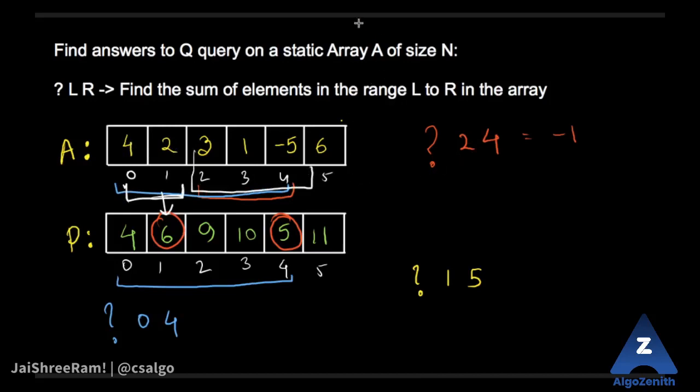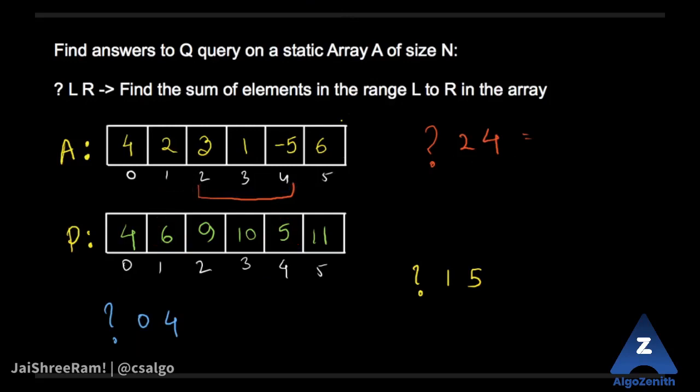Okay, so what we can do is, for 2, 4, we can just look at 4, that is this 5, minus, we can look at the index 2, but not up to 2, we just look at 2 minus 1, 1, because the 2 element will be included, right? So if we look at index 1,